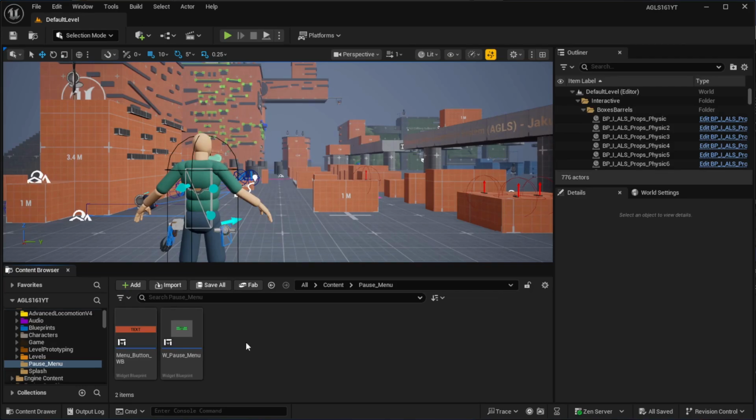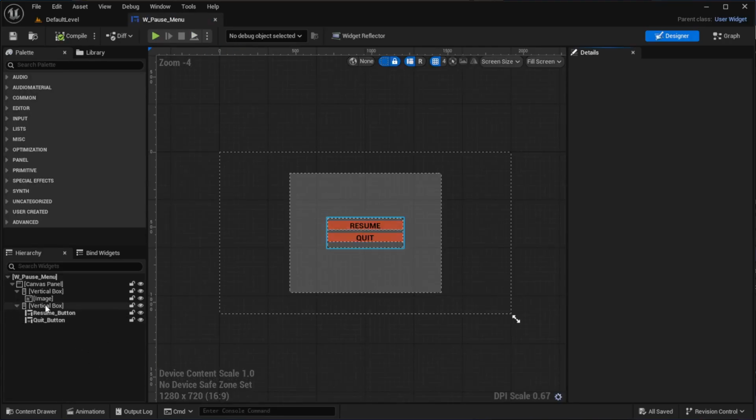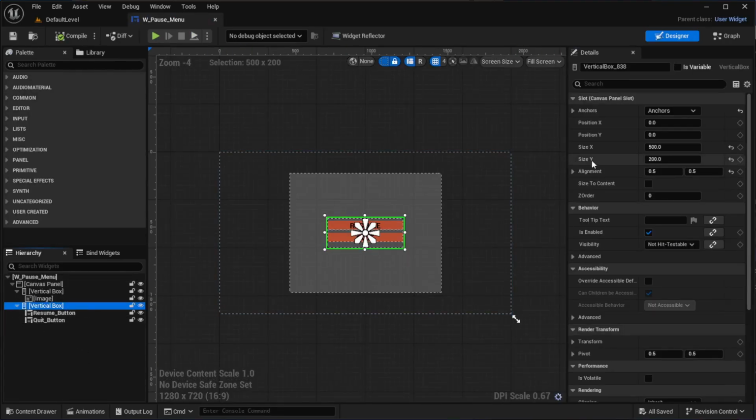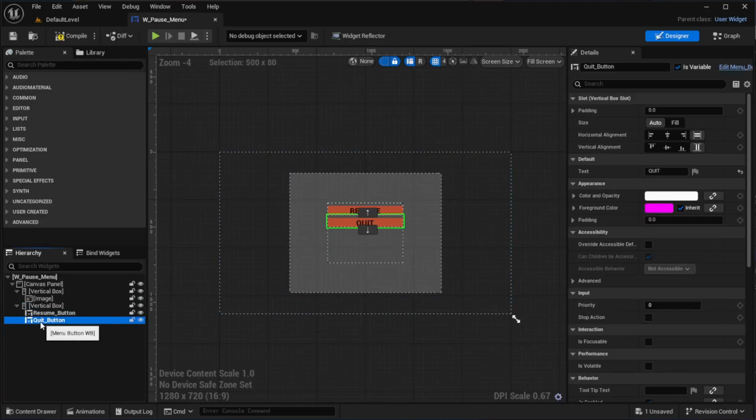To begin, we already have our modular button and the pause menu widget from the first video. If you open the pause menu and then select the second vertical box, the one that contains the buttons, change the Y value to 400. Then we'll go back across to the buttons, and on the resume button we hit Ctrl D twice to create 2 new buttons, and then select the first of those new buttons